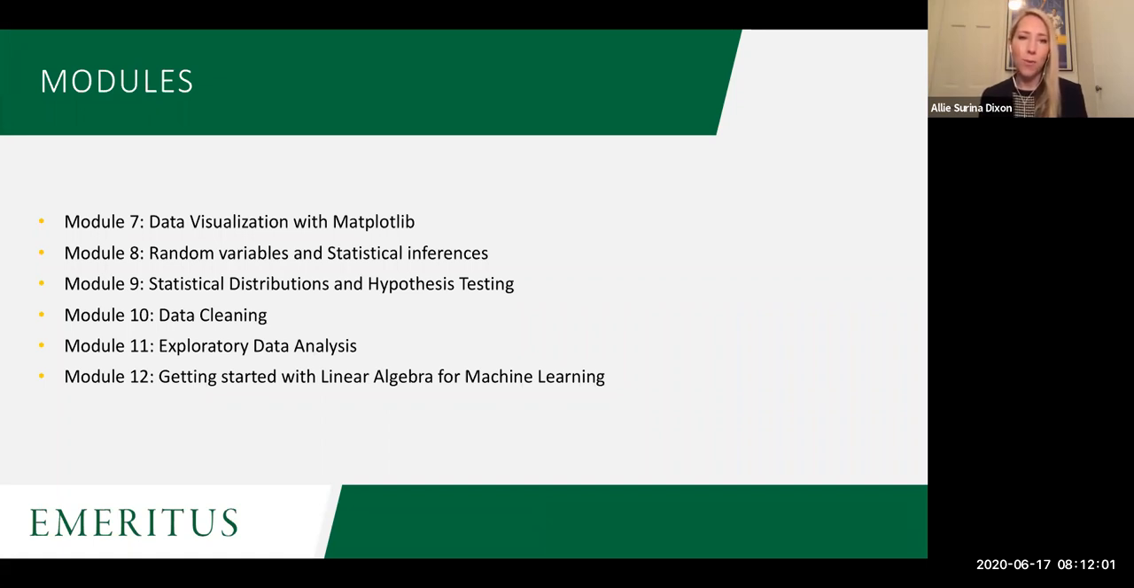And then module 12 is getting started with linear algebra for machine learning, which is really that preparatory basic skill set to be able to do most of the machine learning in Python. And so I think this course is a really good preparation for any of the other things that you might see when you're looking at machine learning or data science in Python, because they often take you from